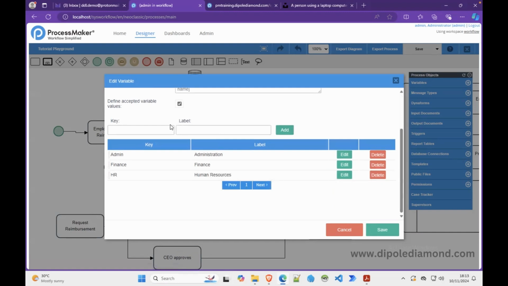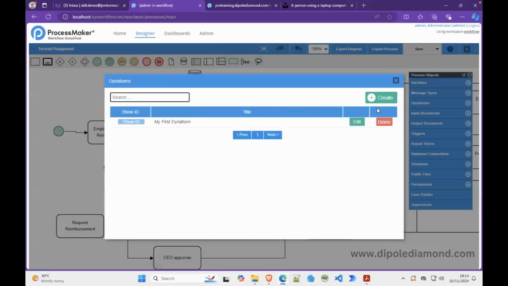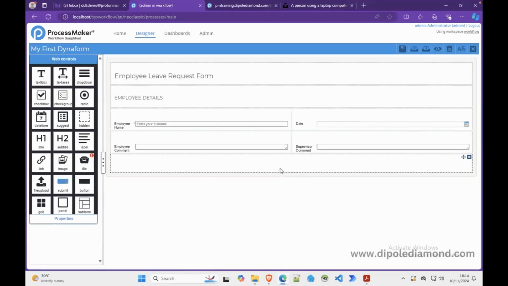So let's add the last one, IT, and this is information technology. Now, like I said, what this helps you to do is that in any form at all that you drag this to,